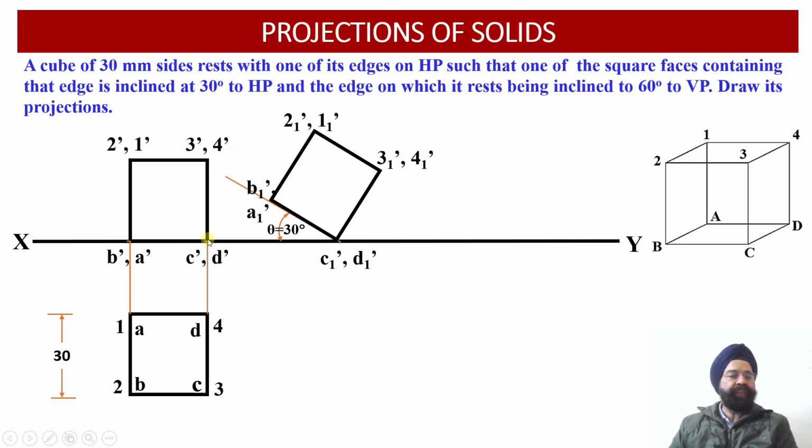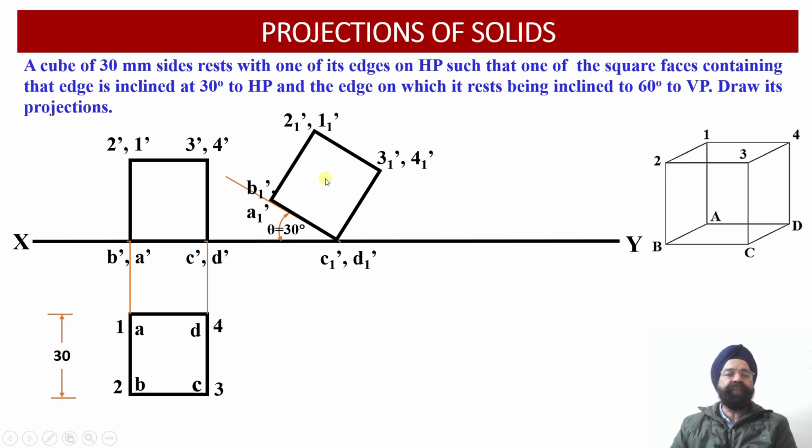So the distance between C dash, D dash and B dash, A dash has been drawn over here. Similarly, the distance between C dash, D dash and 3 dash, 4 dash, again the perpendicular distance, has been drawn over here. Similarly, the perpendicular distance of this vertical edge has also been marked over here. So we have transformed the rectilinear distances from the earlier front view projections which we had obtained into the transformed